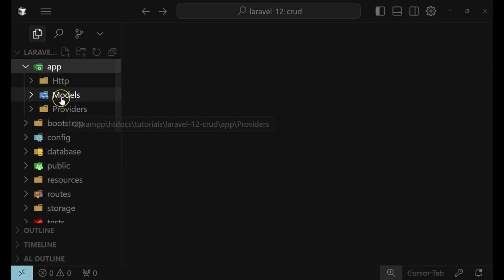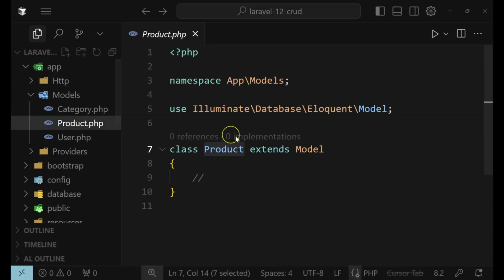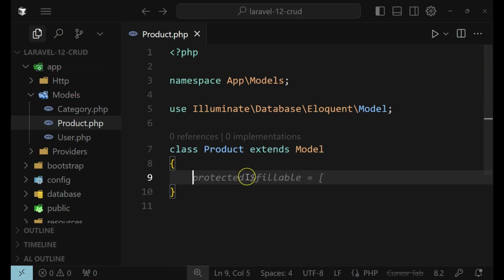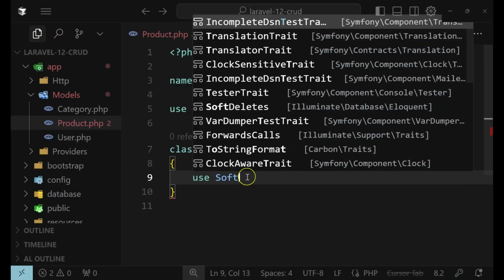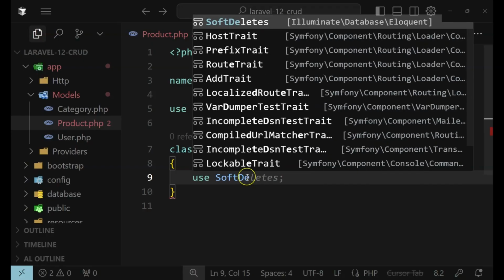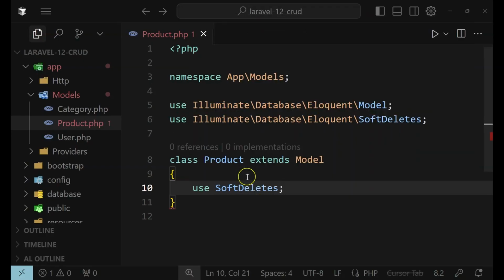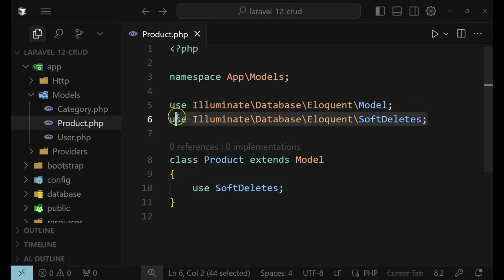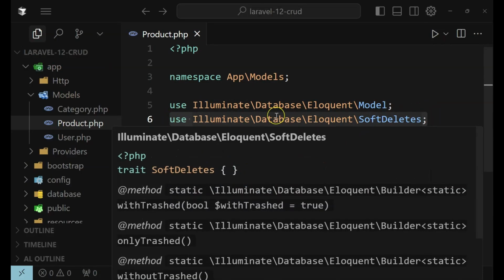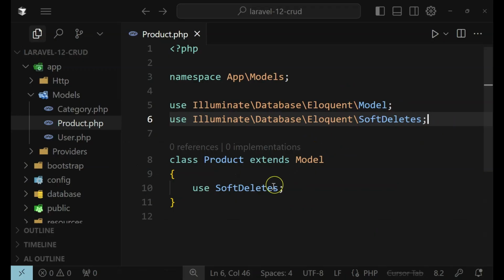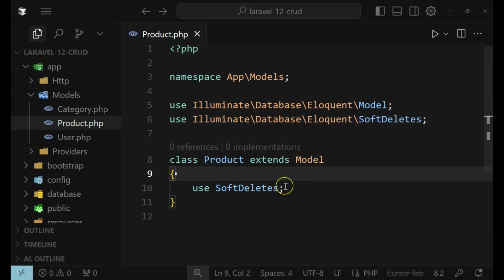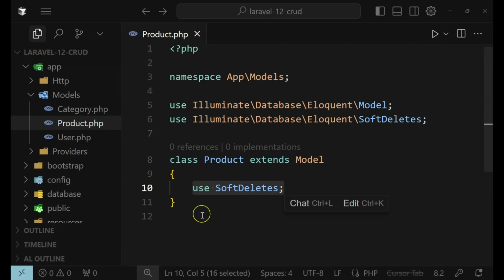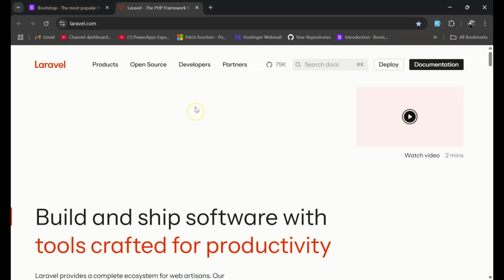Let's go to the model. Let's start with the product model. And here you're going to say use SoftDeletes, and make sure you have imported that here from Eloquent database so that it can actually be used. If you don't know how to use soft deletes, you can go and check it from